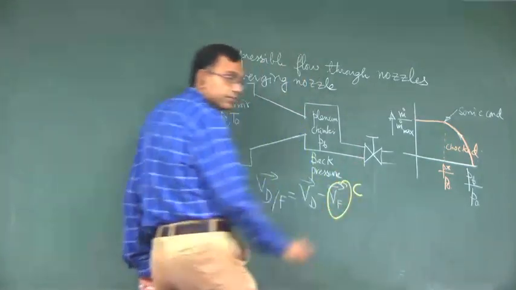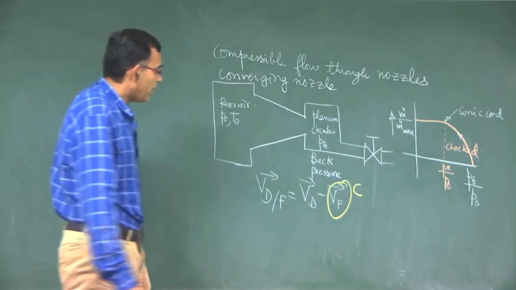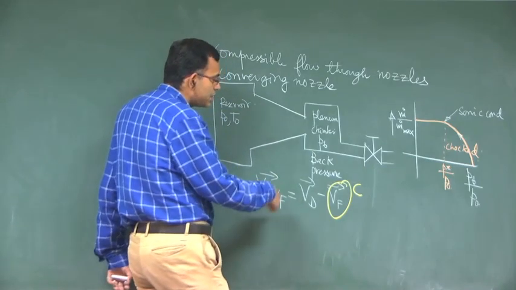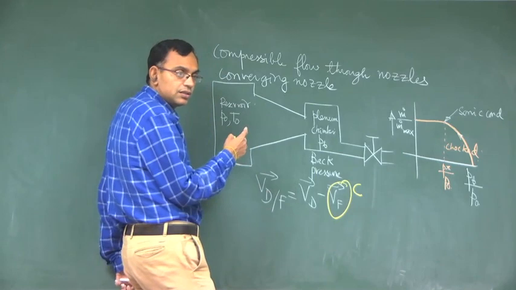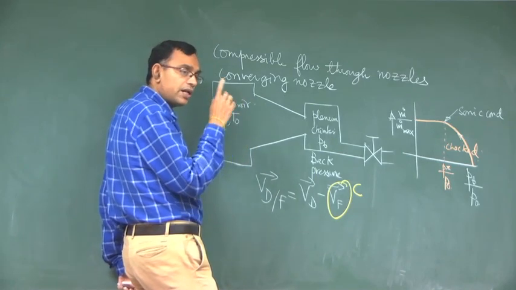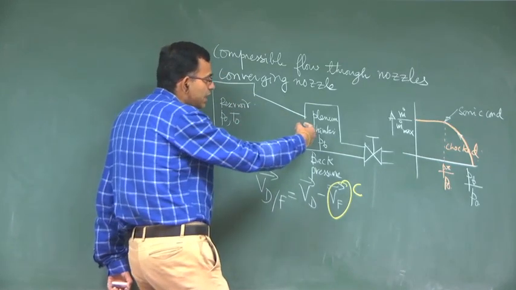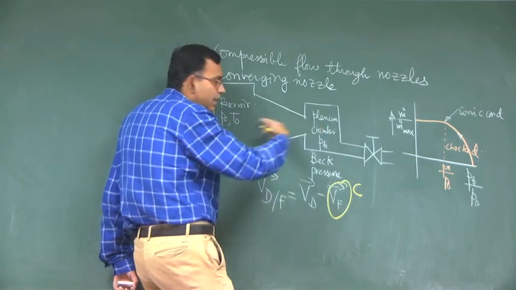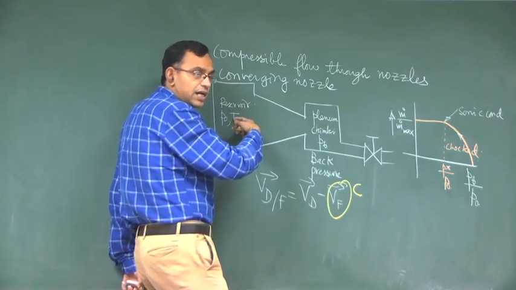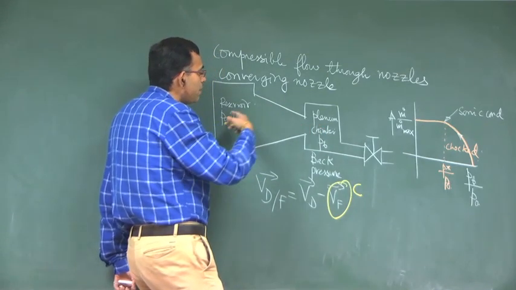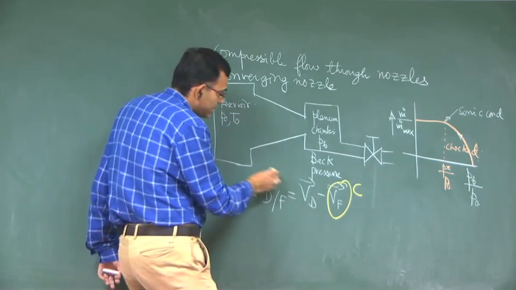It is c. What is the velocity of disturbance relative to fluid? That is also having a magnitude of c. What is its direction? The disturbance is propagating from the plenum chamber to the reservoir. That is how it is propagating the message to the reservoir. So this is minus c,